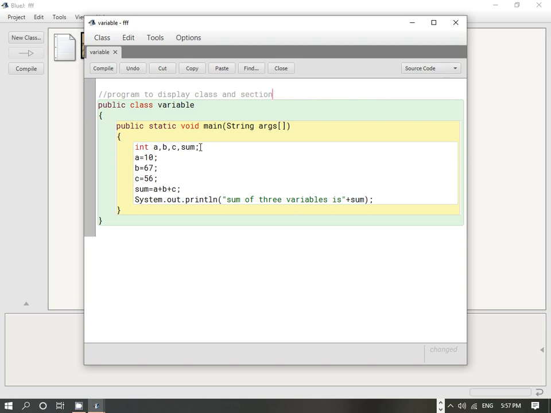This we can leave. Here we have to change int class, and we are going to display character section. Now here we can't take class because class is a keyword, so we just write down CLAS.